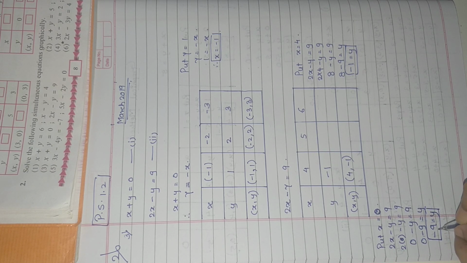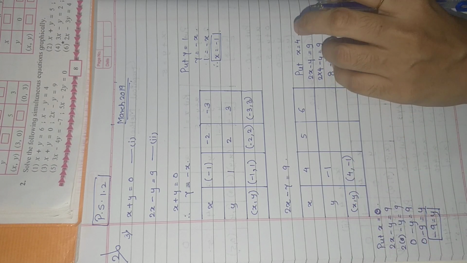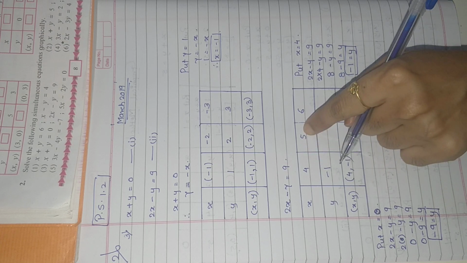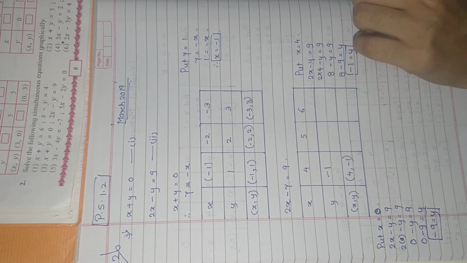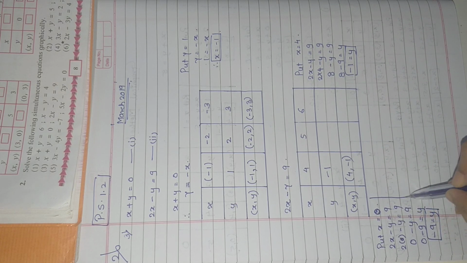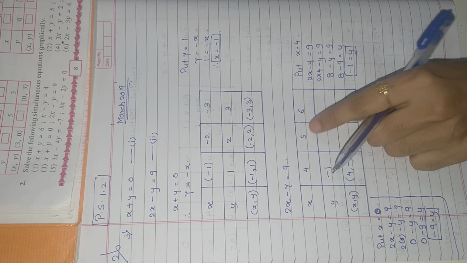But marking minus 9, sometimes it becomes difficult for us to mark. Hence, we'll take such numbers which will make the markings easier. Clear? And hence, I am taking 4, 5 and 6. So now, this was just for your explanation. Please don't include it in the sum. Now, we'll do the second one.